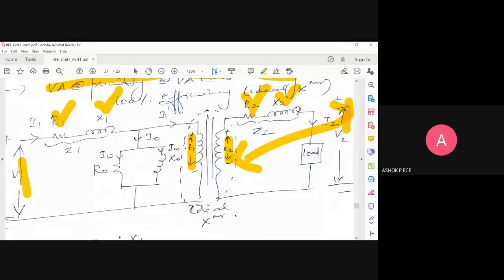And if you remove all the components, you can see a dotted circle. That is going to be the ideal transformer equivalent diagram. So an ideal transformer will have only two windings, primary and secondary. What other components we have drawn are the components of your practical transformer. The practical transformer will have all the additional resistance and inductance added to the primary and secondary side of your winding. Okay.